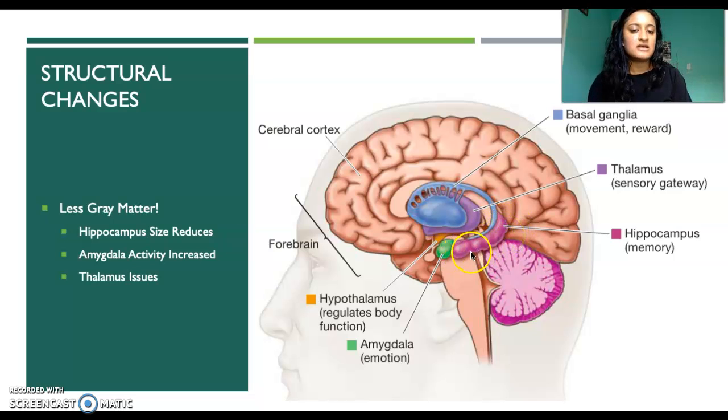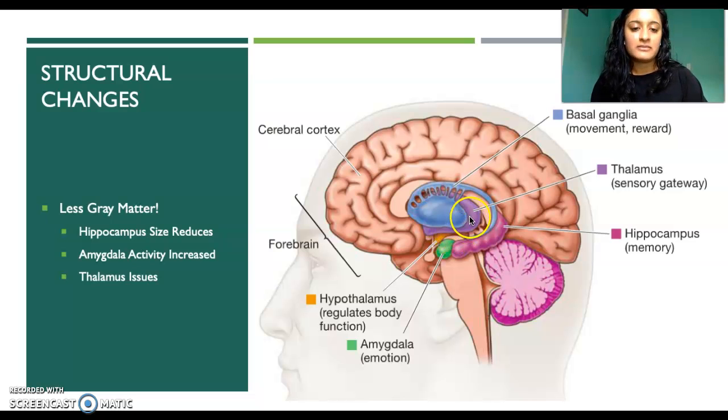The second one is the amygdala, which is this small green structure here. The amygdala is very small, but it is another region that's affected by depression. This area is associated with emotions like anger, pleasure, sorrow, and fear, and even sexual arousal. The amygdala is activated when a person recalls an emotionally charged memory, for example a frightening situation. They found that activity in this area is higher in the depressed person's brain compared to the non-depressed person's brain.